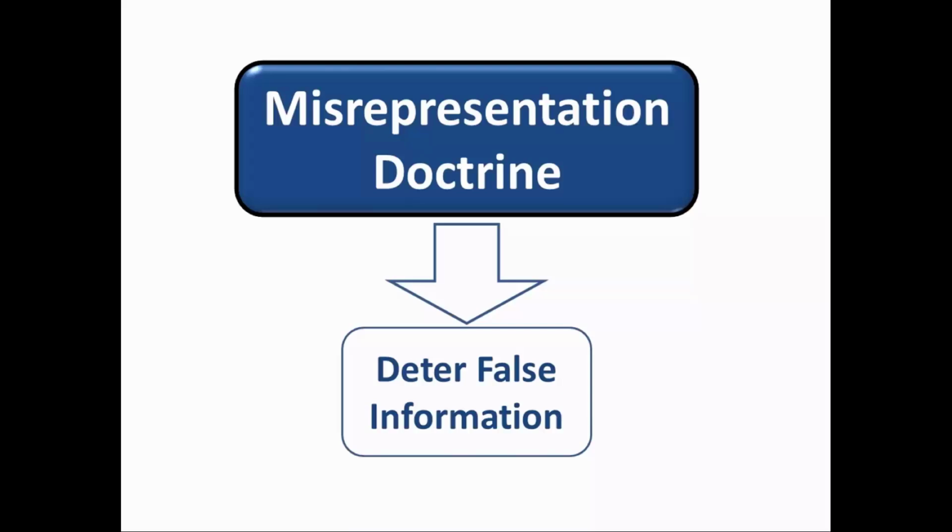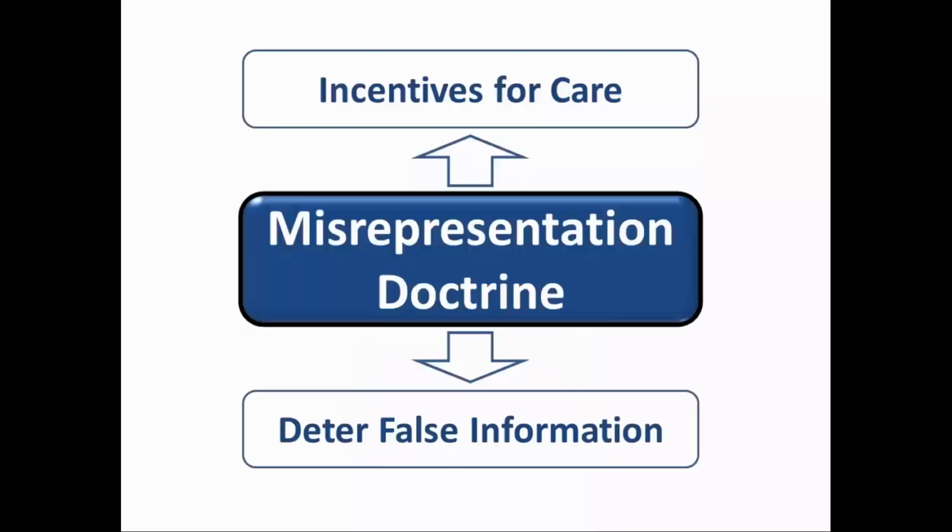But we must also think about the other side of the transaction. One-sided liability could give promisors too much freedom to escape from contractual obligations that they've now come to regret. Just allege some false statement during negotiations, and you could potentially rescind any ill-advised promises you've made. Thus, courts also want to provide efficient incentives for care to those who receive representations. Let's take a close look at the language of Restatement Section 164 to see how courts limit the right to void a contract for misrepresentation.